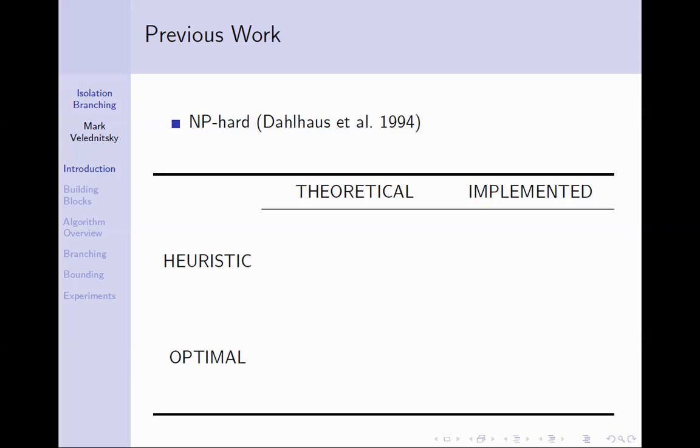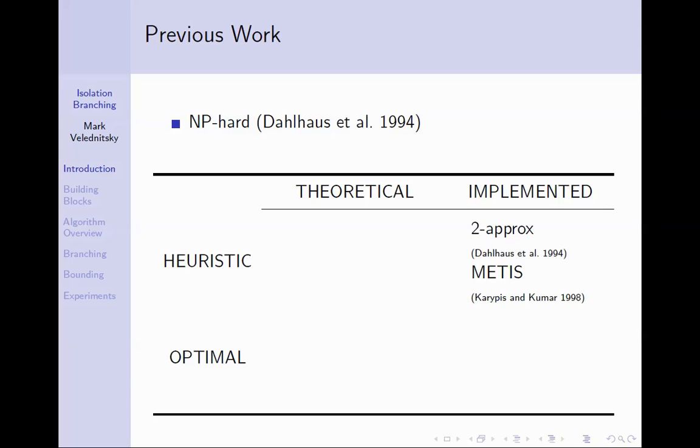There's been a lot of previous work to study the K-terminal cut problem. It's known that the problem is NP-hard. And so the approaches to this problem are either to find fast algorithms which are approximate, or to find not polynomial time algorithms which are exact. And so I've chosen to call those heuristic, the algorithms which are polynomial but not exact, and optimal, which are algorithms which are exact. And I distinguish between algorithms which are only described in theory versus algorithms which have actually